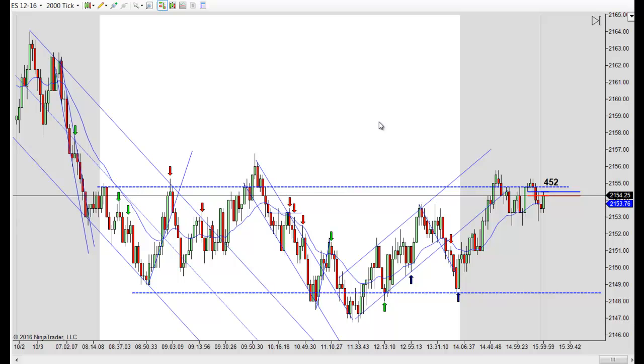PriceActionTradingSystem.com, and it's Monday, October 3rd. We're starting a new month today. September's behind us, and even though we started out in a downtrend today, you got a nice two-tiered channel working lower here. Here's the open where the blue turns to white, and really, you can see we spent the entire day in